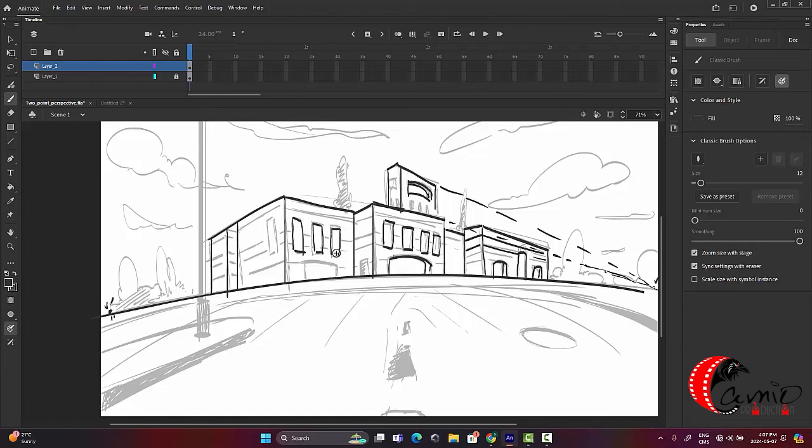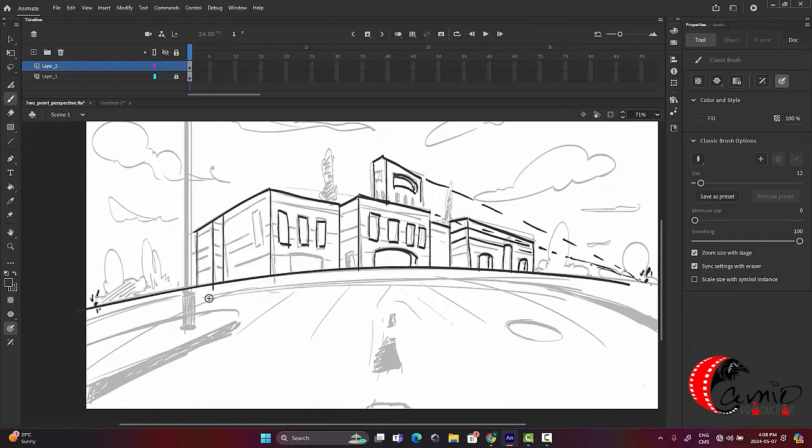Now the face of my building is in this direction, so I created the window in the same way, and this is the back window of my building. And here you can see